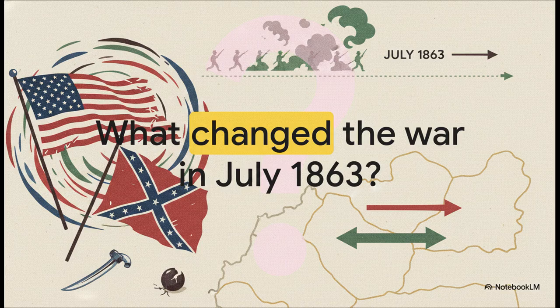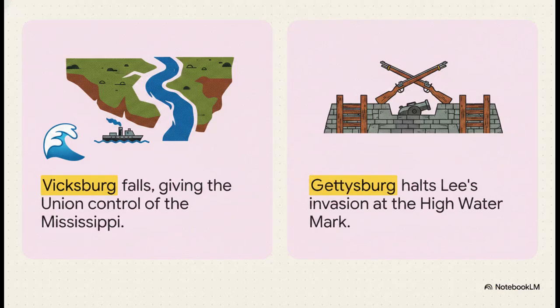How did the momentum permanently shift away from the Confederacy in just a matter of days? It was essentially a double disaster for the South. Out in the West, after a grueling siege, the Union finally captured Vicksburg. This was huge because it meant the North gained total control of the Mississippi River, literally slicing the Confederacy in